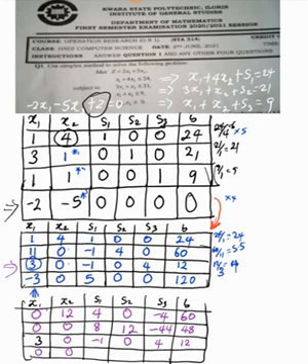Negative 1 plus 5 is going to be 4. 0 plus 0, 0. 4 plus 0, 4. And 12 plus 120 will give us 132. Since we have everything here to be positive, then we have reached